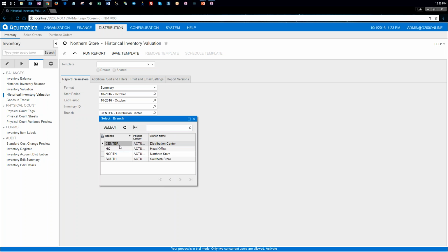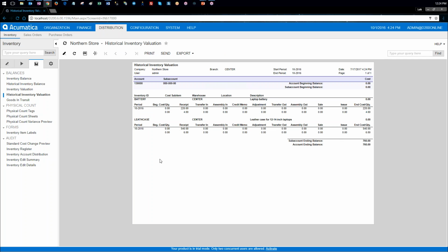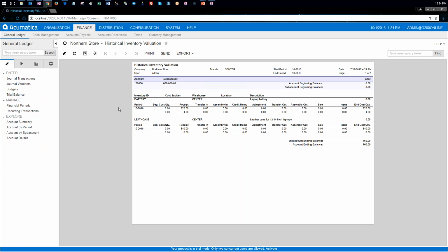So we are going to select center, we're going to report, and we see that we have $760 as the valuation for my inventory for period 10-2016, which basically is the summary of both transactions that we just created. Now, to validate that this is the same information that we have on finance, we go to account details screen,